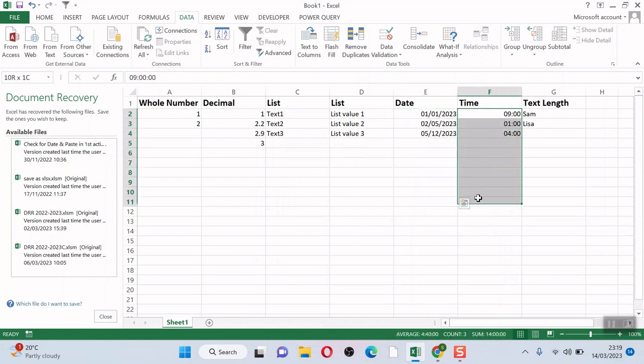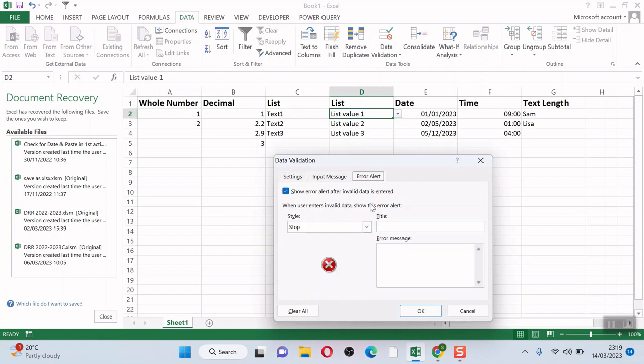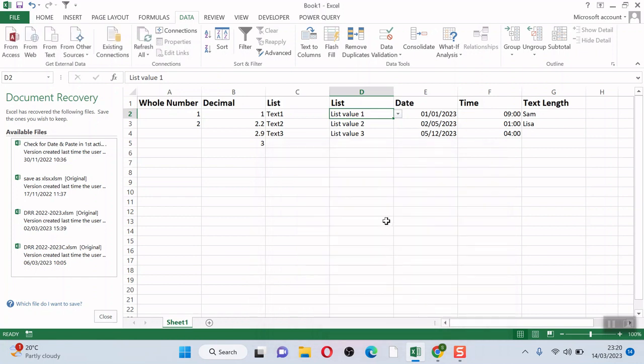Once you have selected the validation rule, enter the required information. For example, if you choose the list option, you need to enter the list of allowed values in the source box. Optionally, you can also enter an error message that will be displayed if the user enters an invalid value. You can also set a warning message to appear if the user enters a value that is close to the limit. Click on the OK button to apply the validation rule to the selected cells. Now, when a user tries to enter data into